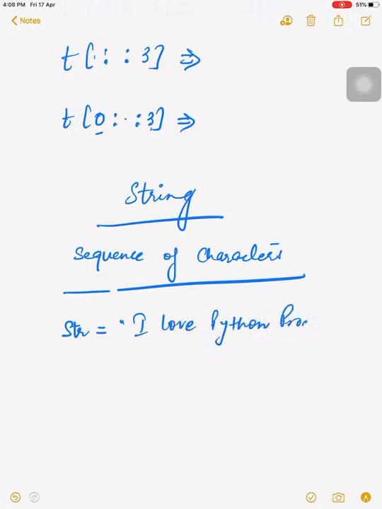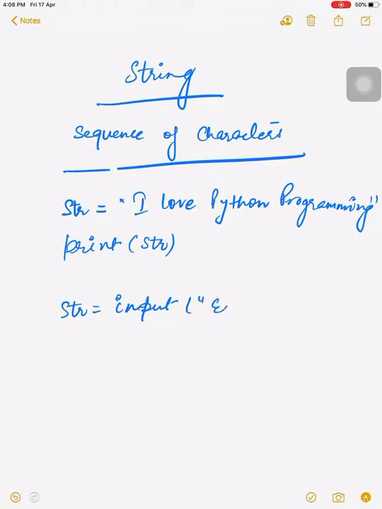For example, if we write str = "I love Python programming", and whenever we print it, then what will be the answer? It will be written as it is: I love Python programming. Okay.